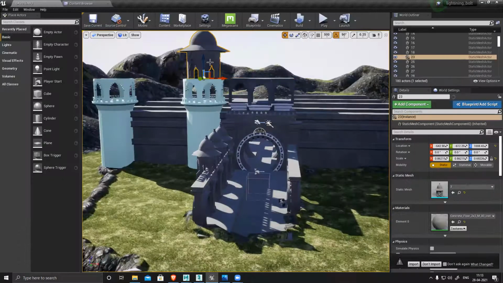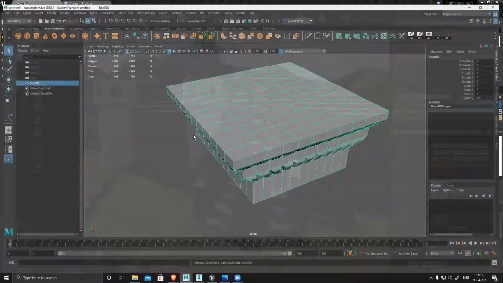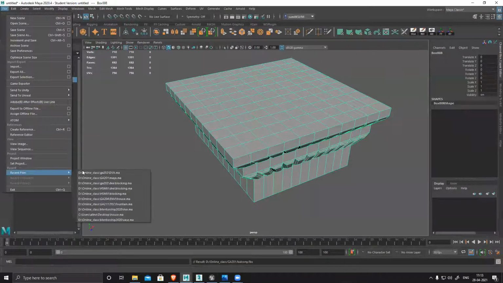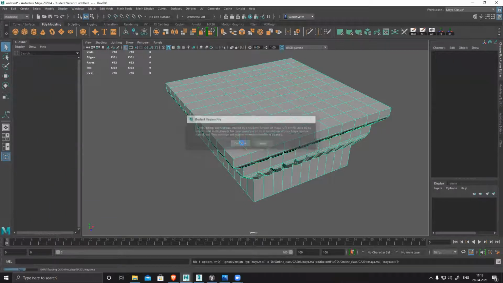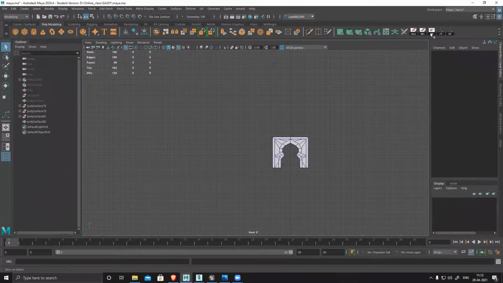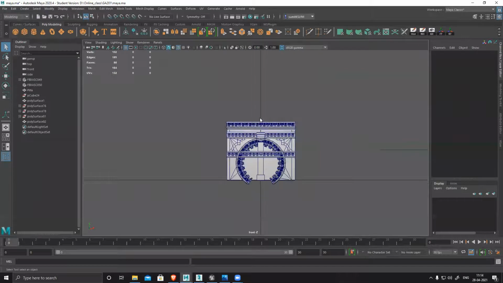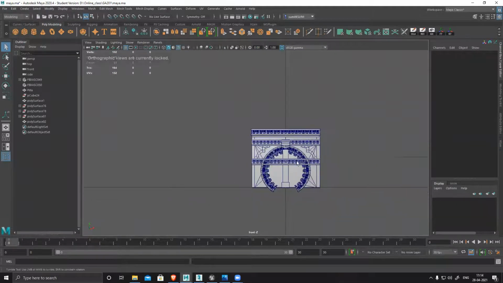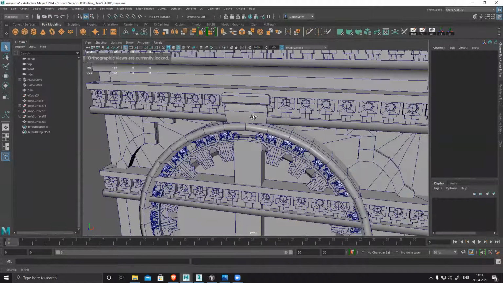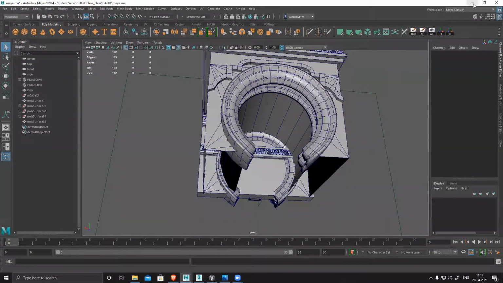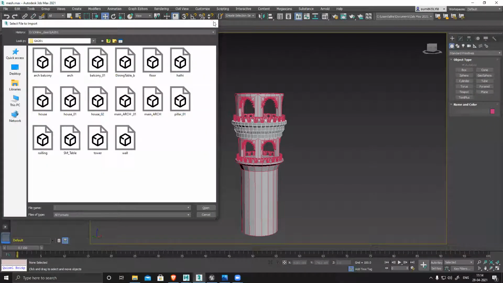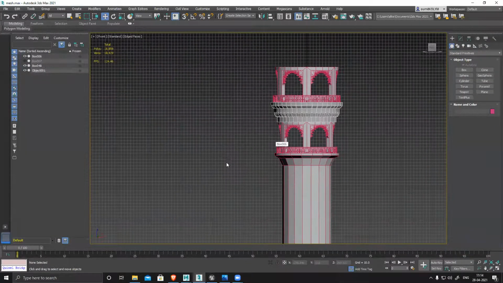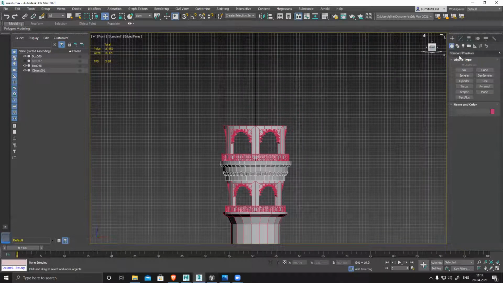I guess I had this in Maya or somewhere. Just give me a second. Maya. No, not in Maya also. All right, then where did I keep it? I'll recreate it. Recreating this is super easy, anyway.